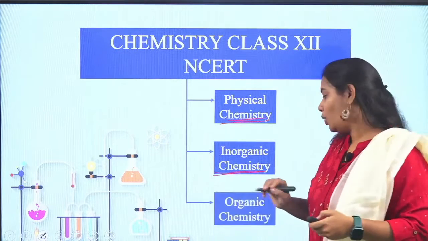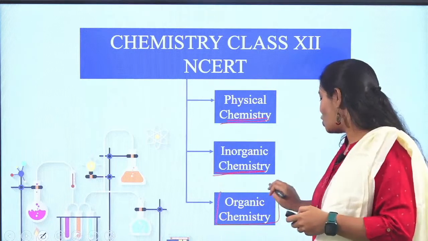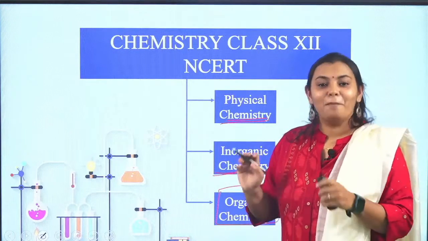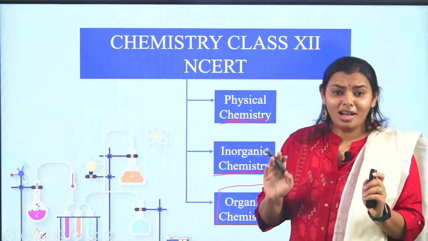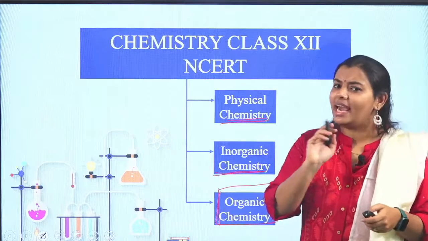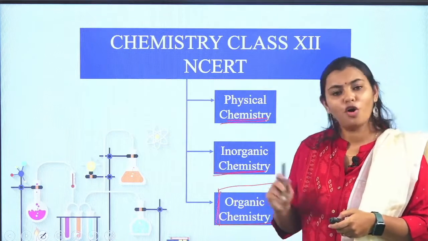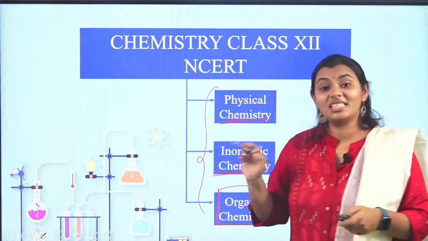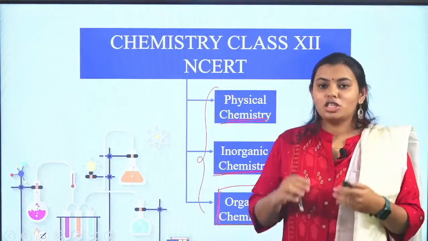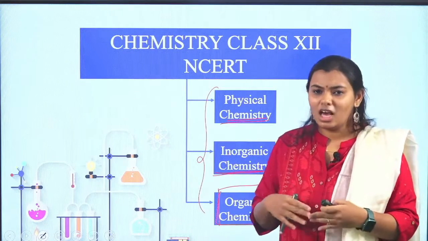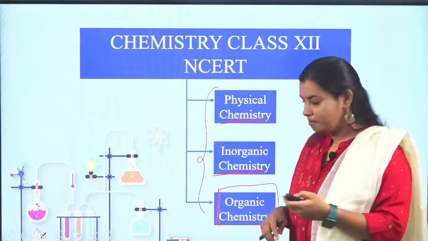Along with that, we have organic chemistry. When we say organic chemistry, you are all very scared, right? But you don't have to worry, we will learn this together. Around 25 to 28 marks will be there for your boards for organic chemistry as well. So these are the three branches that you are going to be studying in your class 12. Now we are just going to see what chapters are there. We will just see an overview, okay?